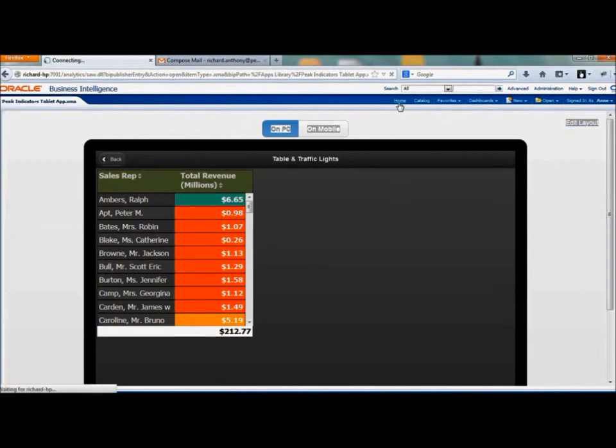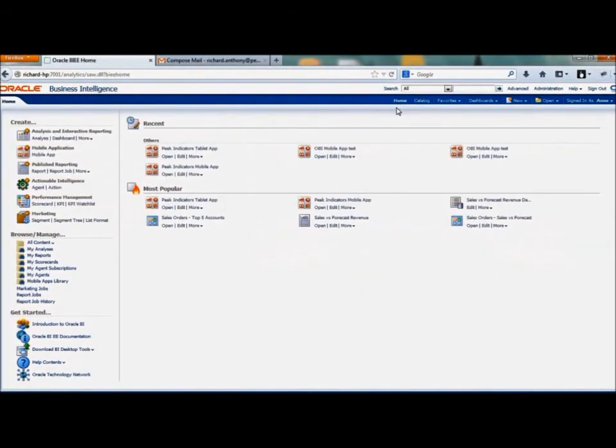So going back to our apps library, I just want to describe essentially what it is. So the apps library is where users can view, manage and subscribe to published apps from their mobile devices. When the users navigate to the apps library, a URL from their browser will appear, and they can choose to either subscribe to the apps they have permissions to access to. So if a user wanted to access the apps library, they can do so by clicking on Home, and along the left hand side select Mobile Apps Library within the Browse section,